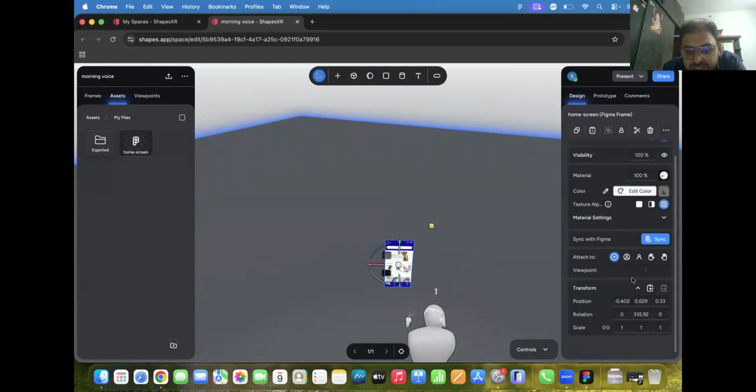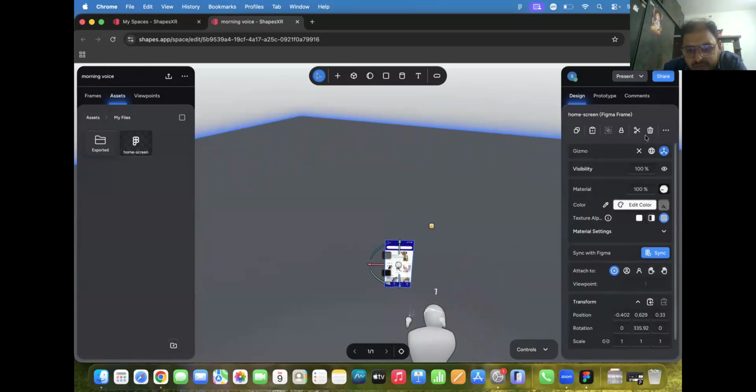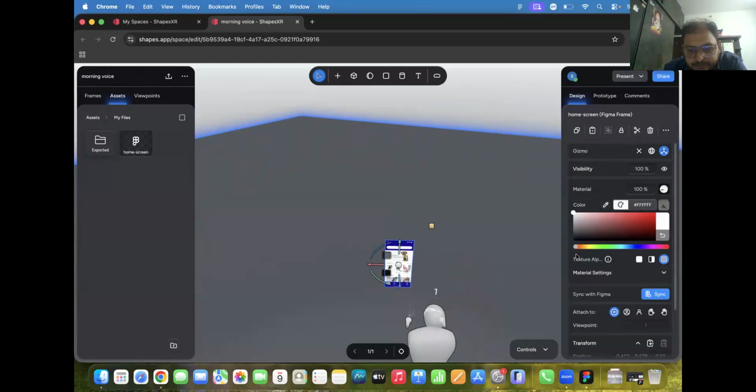You can transform the position, you can do the rotation, you can put the scaling, you can try some of the few things, no worries in that one. You can delete, you can edit, you can change the color, whatever you want, even the BG, everything you can do it. Okay, so with this one what will happen is